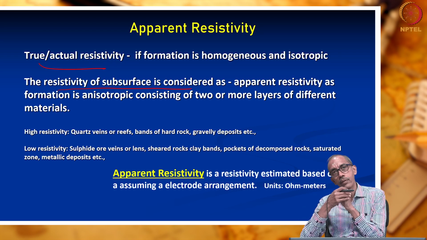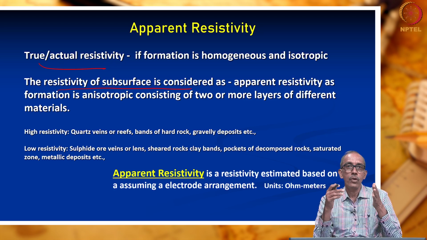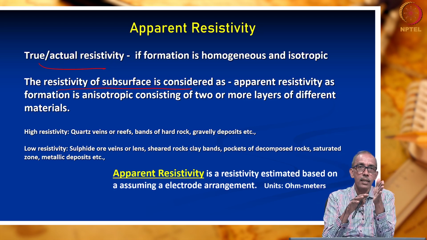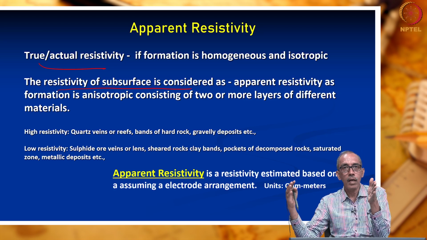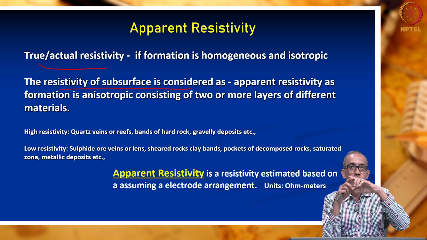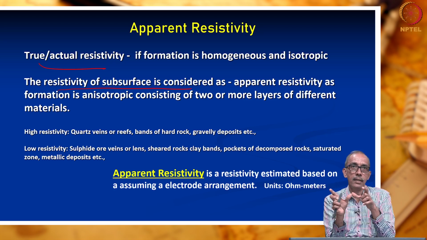Because to measure the resistivity of the subsurface we need to know the dimension, area and the length, right? So we have seen just now we need to know what is the cross sectional area through which the current is passed. It comes out on the opposite side. What is the length of that particular object? So that is necessary. That means we need to know the area as well as the length.